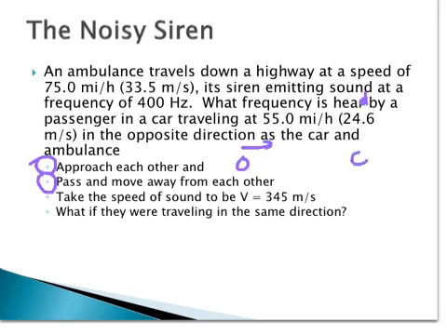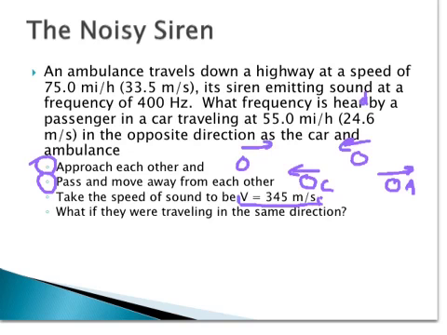Source is moving, let's say, to the right. The car will be moving to the left. As they pass by, the car is moving to the left and the ambulance would be moving to the right. And we're going to take the speed again. If it's not shown, you can assume the speed of sound to be, at room temperature,